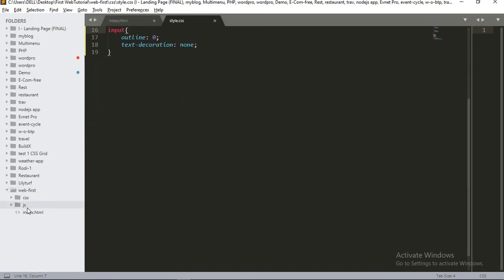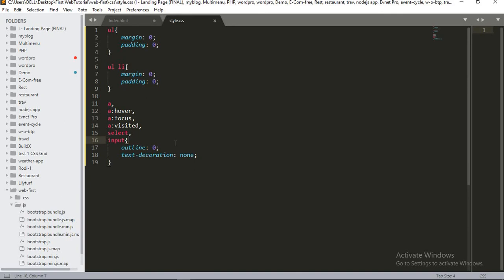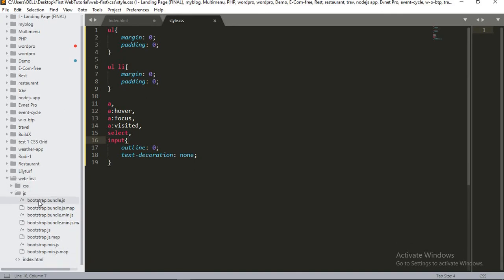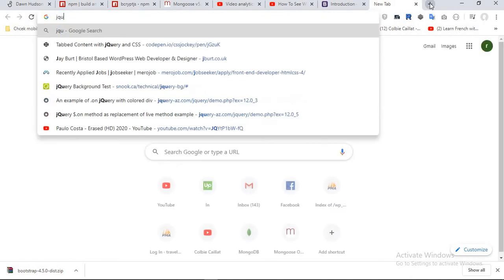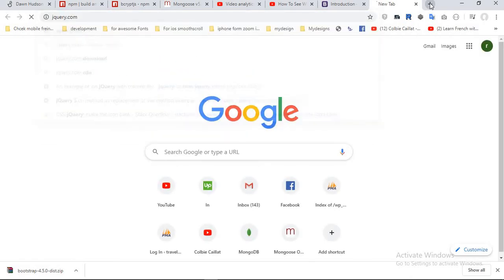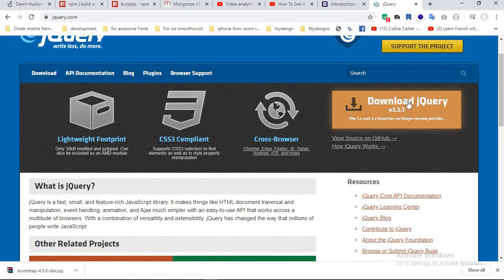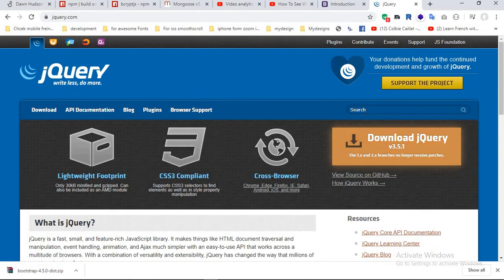Then here also, if we don't have the jQuery code, then we cannot use any of these codes either. So first we have to download jQuery code from jQuery.com. Go to jQuery.com. Here you find a download button at the top right corner of this site. Go and click